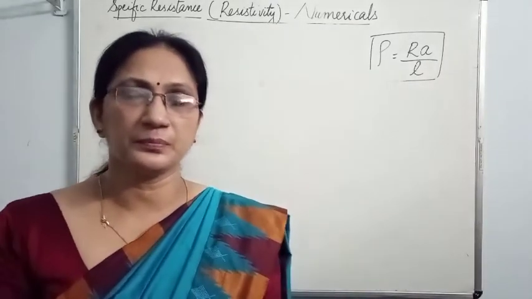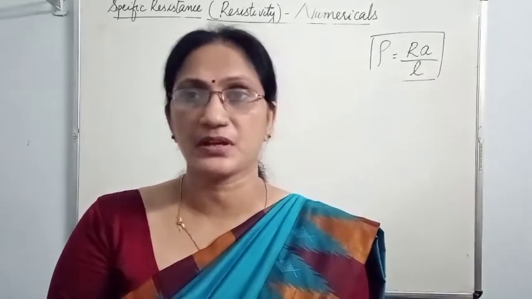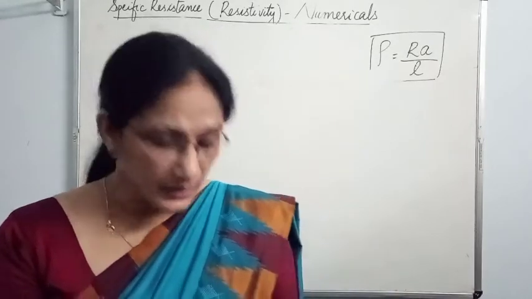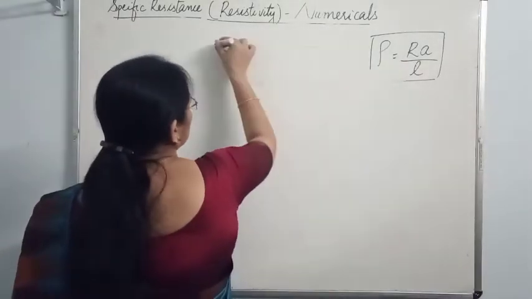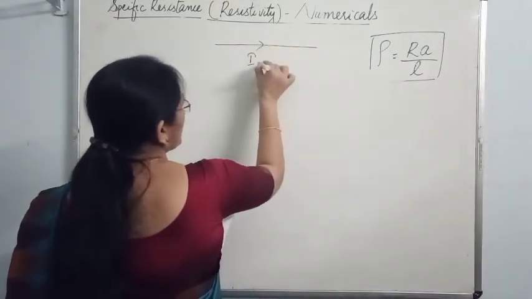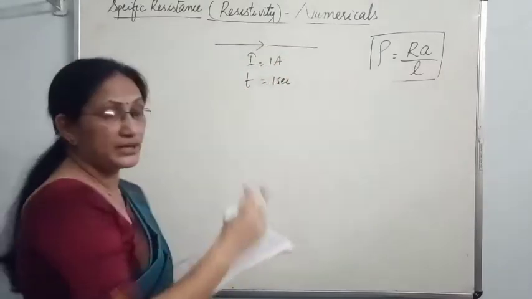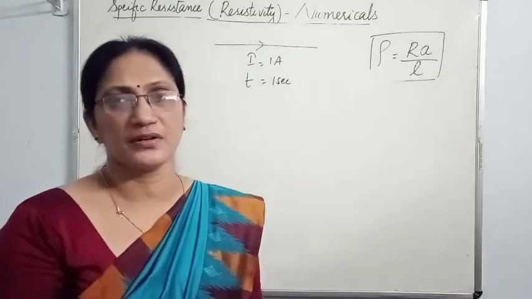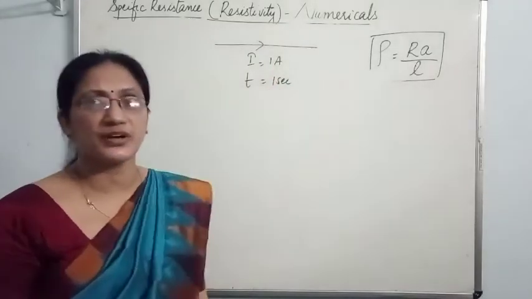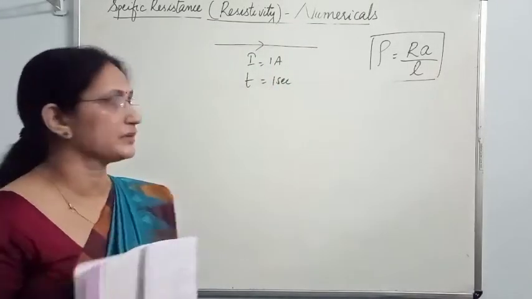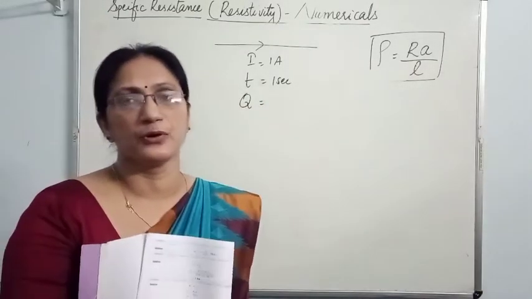In one of the previous videos, we discussed the definition of 1 ampere. When can you say 1 ampere current is flowing through a wire? Here is a question related to that. Imagine through a wire 1 ampere current is flowing. The current flowing is 1 ampere within a time of 1 second. How many electrons must flow through it? How many electrons should flow through this wire within 1 second so that we can say current flowing is 1 ampere? First of all, can you calculate how much quantity of charge must flow?